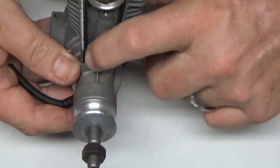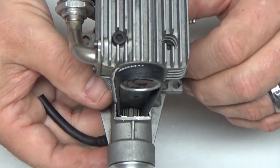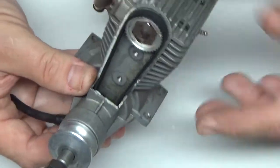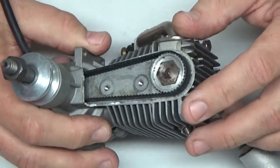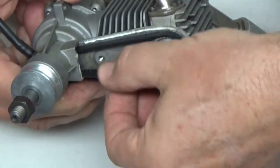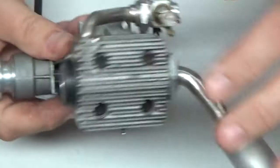Well, I guess this area could possibly get subjected to some oil residue. I don't know. But I would think they would tend to not want the belt area to be getting oily, even though it's a toothed belt. That probably just doesn't seem like that'd be a good thing to do. So anyway,